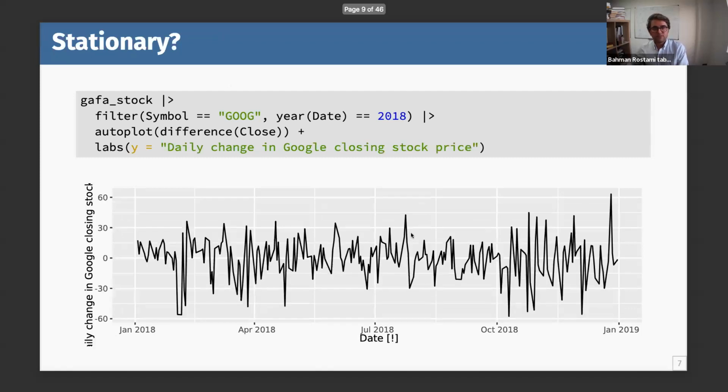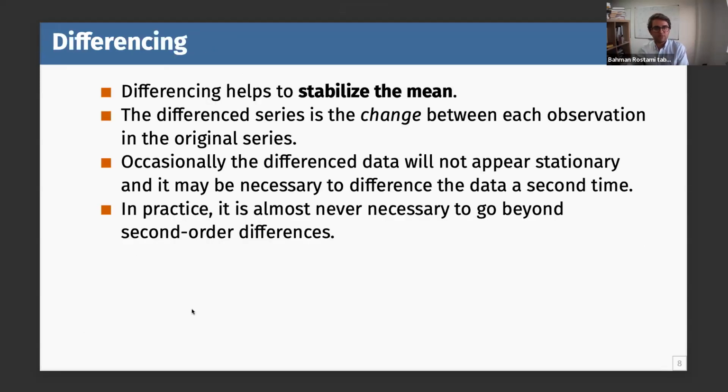So, well, this is, I think, the example. Now, the thing is, what if you have a time series that is not stationary? Well, what we can do is, you remember we previously did transformation. Transformation is one way to stabilize variance. But in the examples we have seen, you may need to stabilize the mean, and differencing helps to